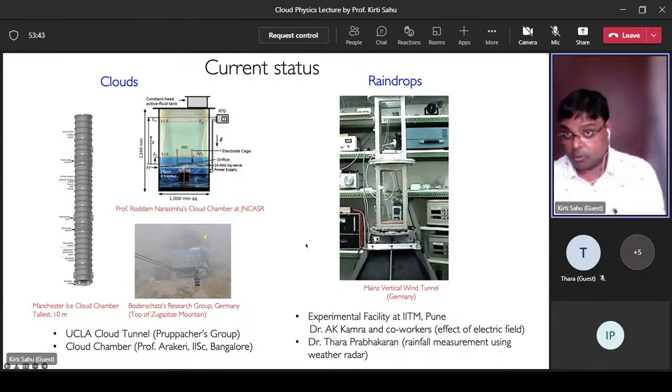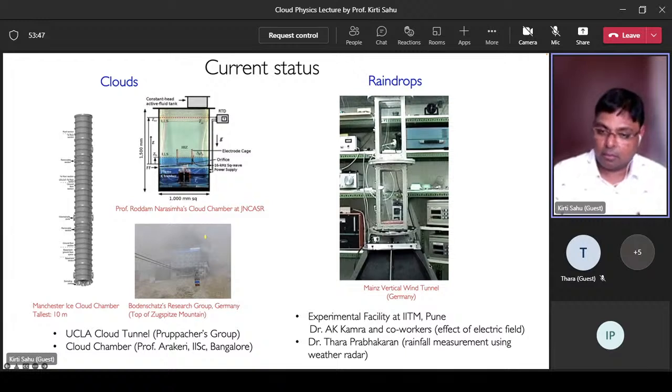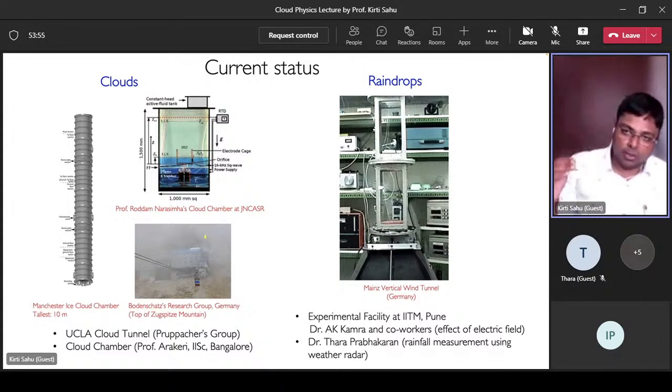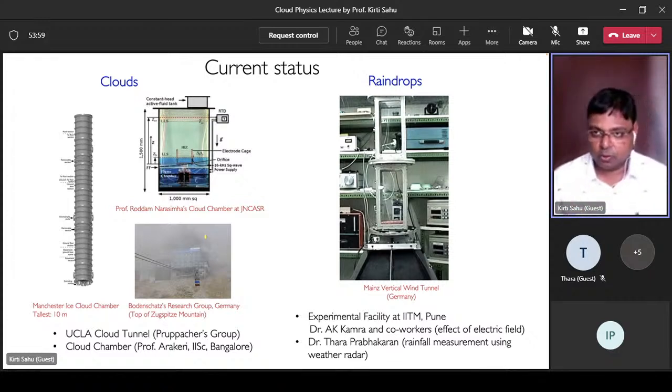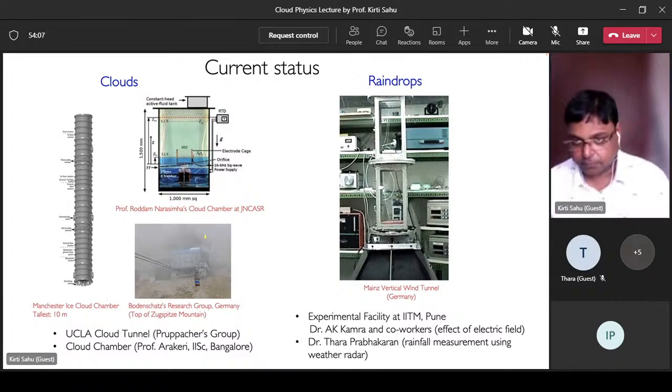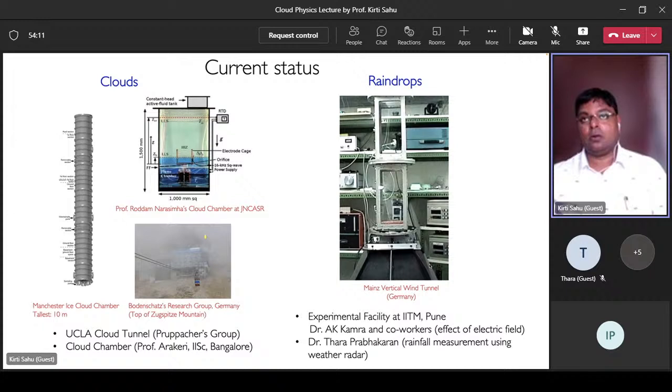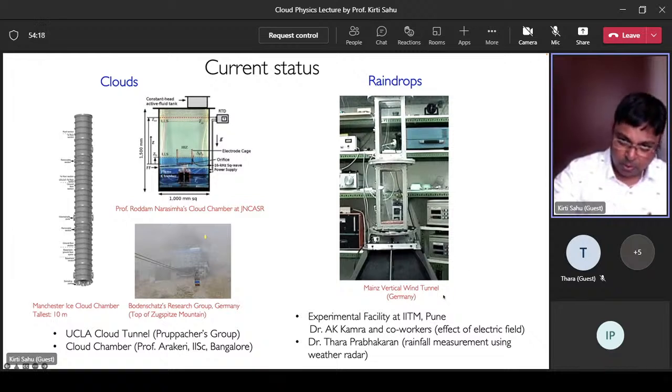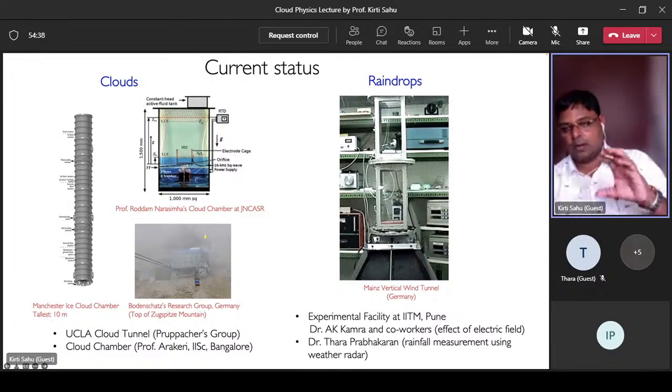Now, if you come to the raindrop side, the number of facilities is very small. For example, when a raindrop falls from the sky, the humidity is supersaturated and the temperature is below 0 degrees centigrade. As it falls, the humidity decreases and the temperature increases. So in order to study raindrops, one would have to build a tunnel, let's say, 2 kilometers high, but that is not possible. The Mainz vertical wind tunnel in Germany came up with the idea of keeping the droplet stationary by moving air from the bottom. But they have not considered evaporation and the other complex microphysics of raindrops. They only studied the